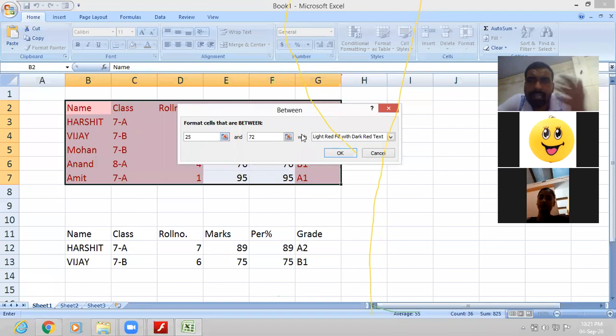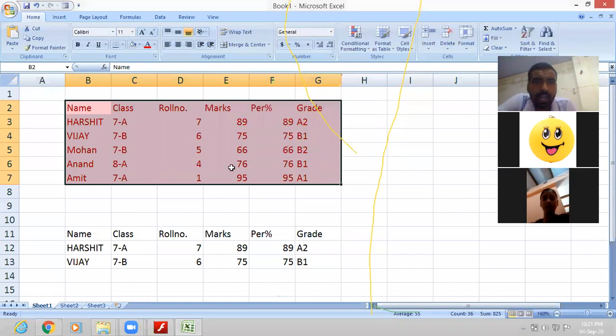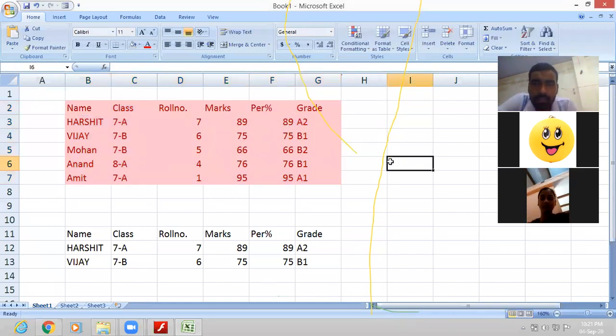See, there are different conditions given. So whatever you select, that will be given here. Let us write here 99. Okay, now you see all the formatting will be applied to all the cells. See here, all the cells are formatted. So I hope you all have understood conditional formatting.